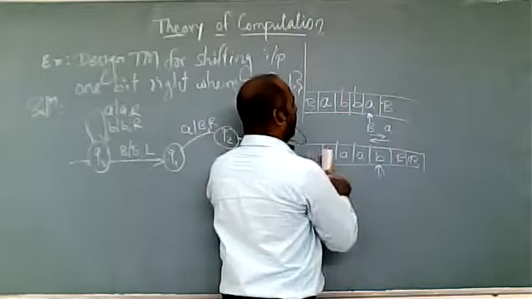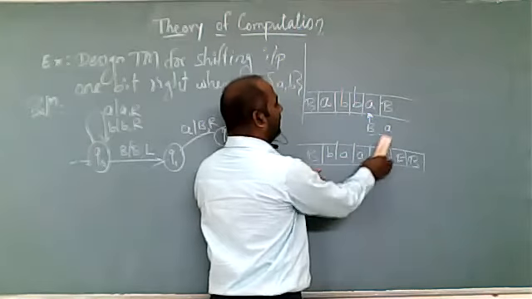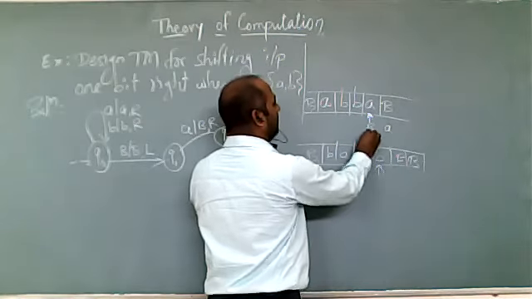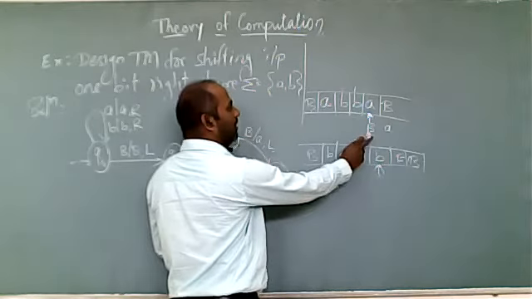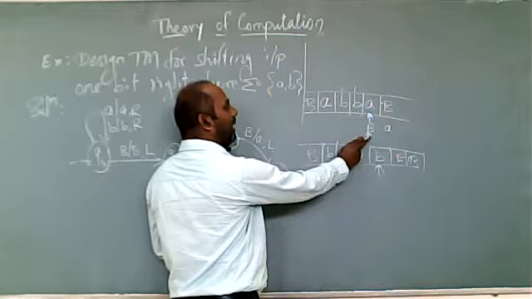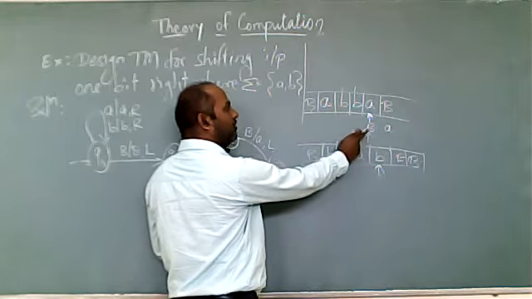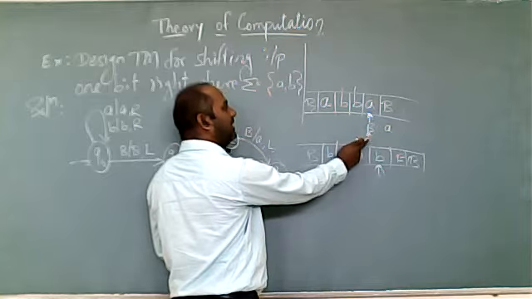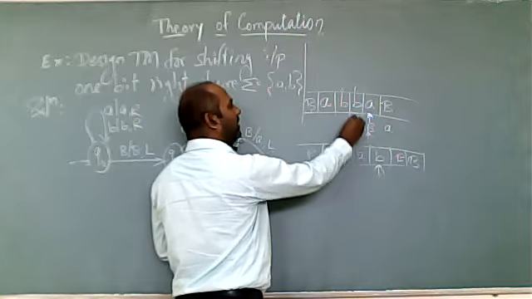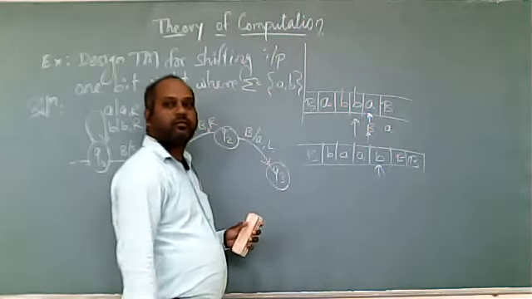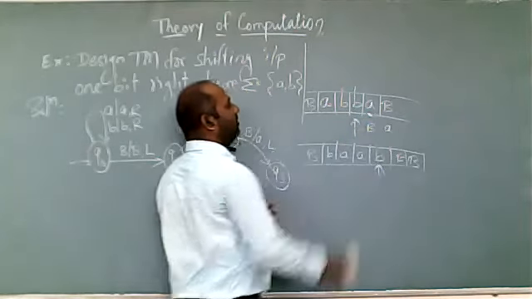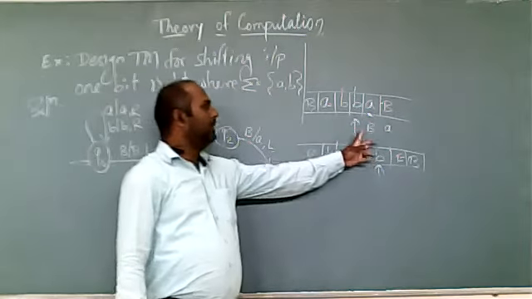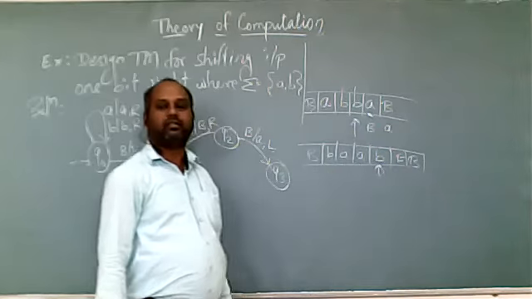Okay. So now after moving right, the head is here, on a blank. So what do we have to do again? Input is blank. So if it is blank, keep it as it is and shift to left. So we'll reach here. So this will be your condition now: blank as it is and shift to left.